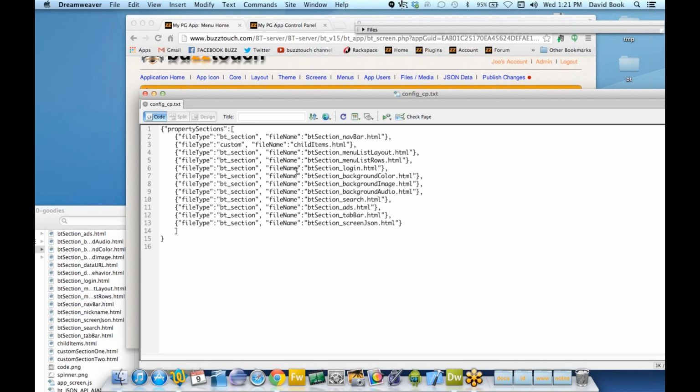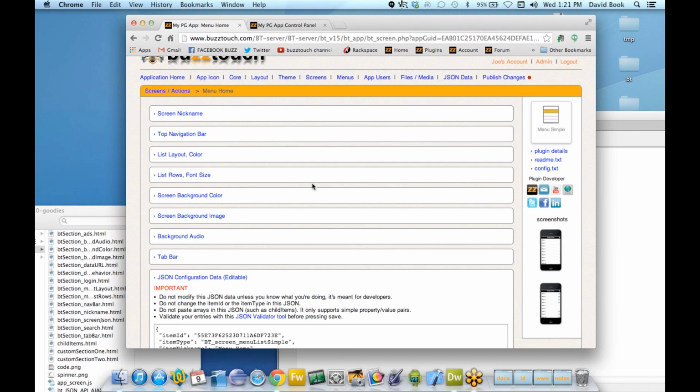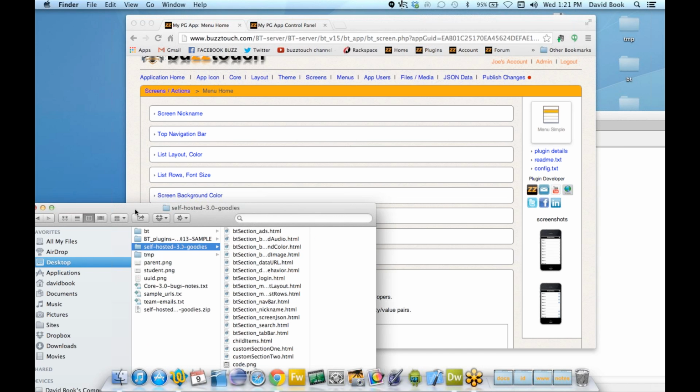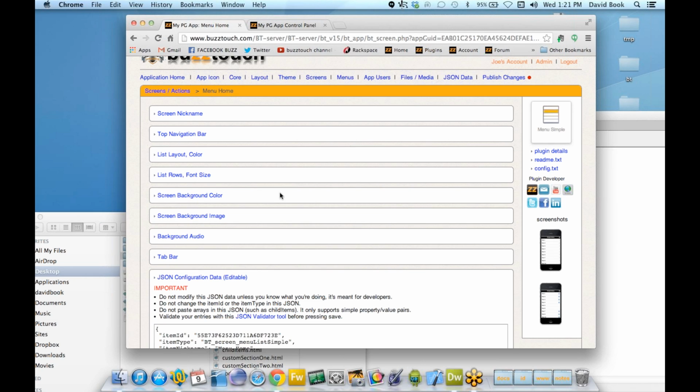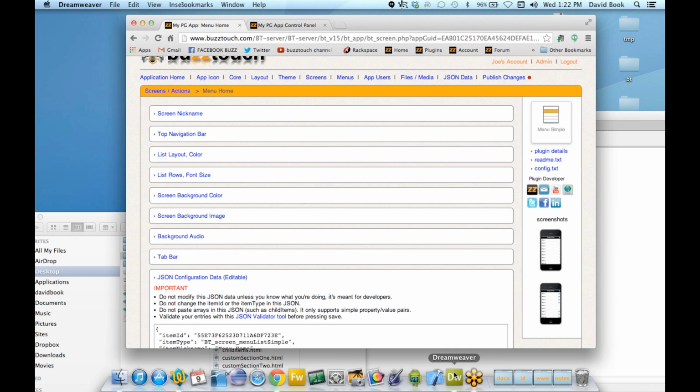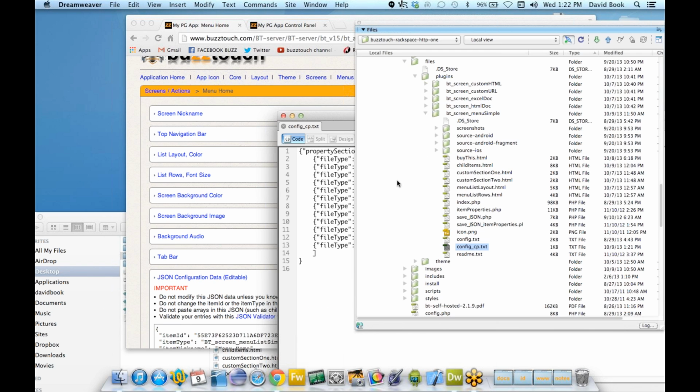However, let's go back with that concept. We might have, in fact, we're always going to have a case where we do need to include our own custom section. That's normal, right? If I've got a plugin that says, play my tic-tac-toe game, certainly I would need a section called tic-tac-toe graphics or something like that. So I would need to introduce a new section. So the way that we do that now is in your plugin folder, you certainly would have to make the new section,